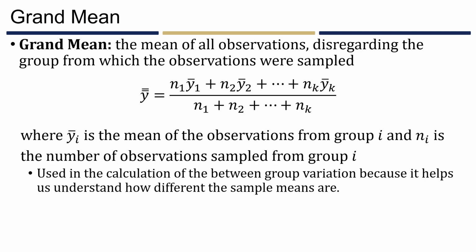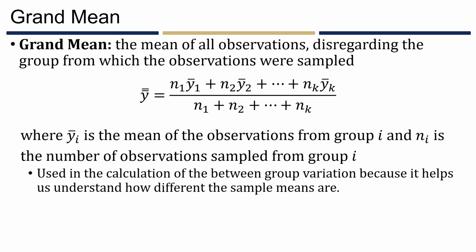In ANOVA, we need to also calculate out the grand mean. The grand mean is the mean of all of our observations, ignoring the group from which the observation was sampled. The grand mean is denoted by Y double bar, and it's calculated by taking a weighted average of your sample means. So what we can do is we can take the sample size for the first group, N1, multiply that by the sample mean for the first group, Y1 bar, add on the sample size for the second group, N2,